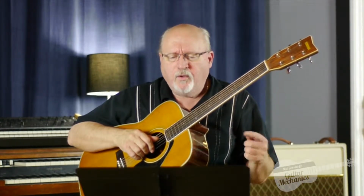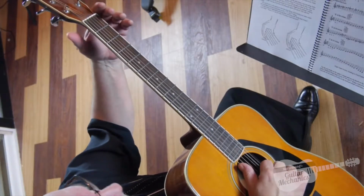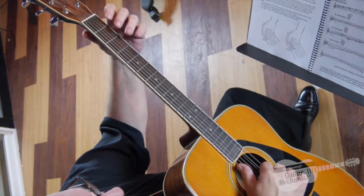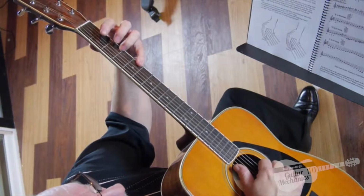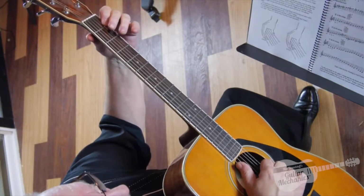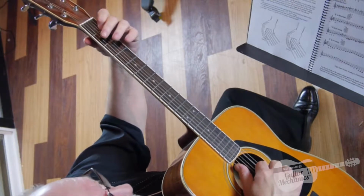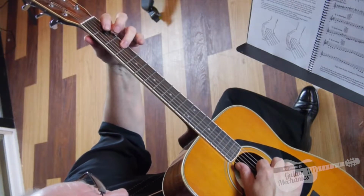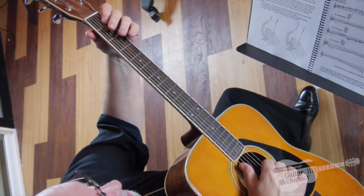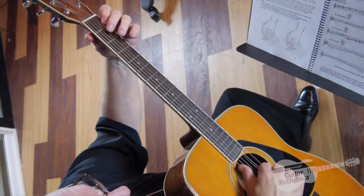So it's 1, 2, 3, and we play E, E, E, F, G, G, F, E, G, A, G, G flat, F, E, F, F, G, G, F. Next string, C, B, D, D sharp, E, G, D, B, C, C sharp, D, D sharp, E, F, F